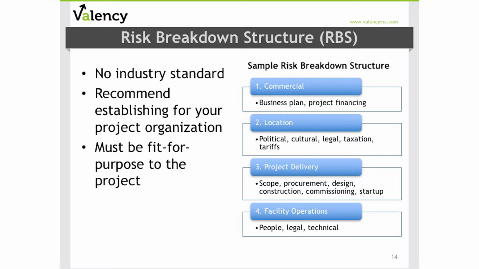Working through a risk breakdown structure through risk management ensures that you've done a comprehensive review of each of the potential areas of uncertainty. It'll help promote consistency in how risk management is done project to project, and it also makes efficient use of everyone's time who participates in the risk identification step.